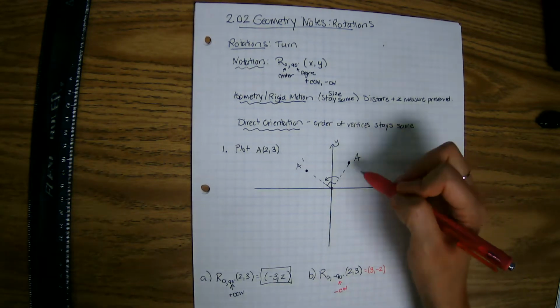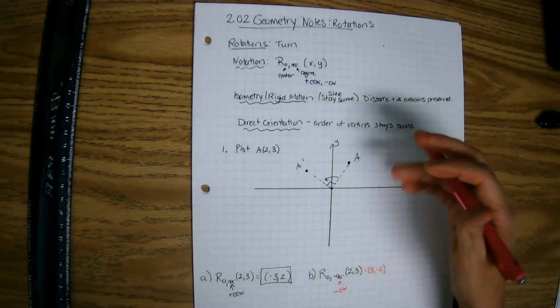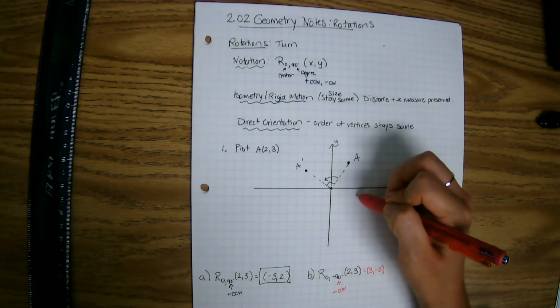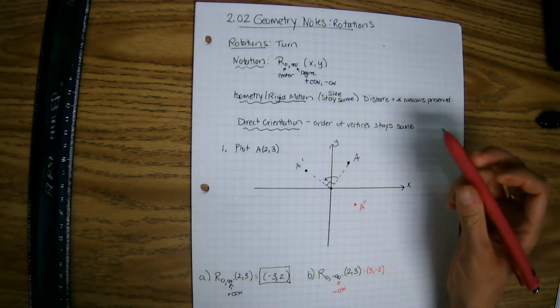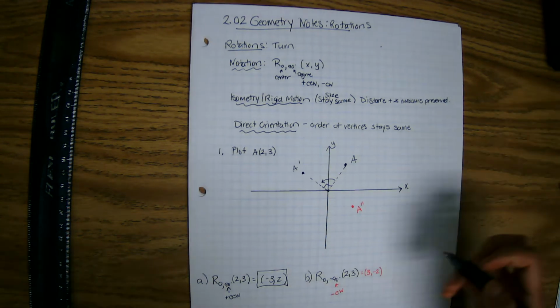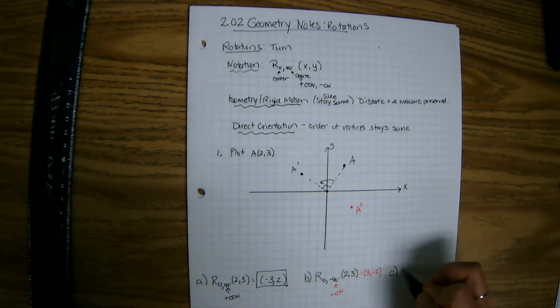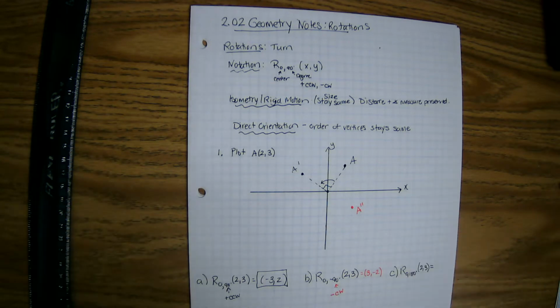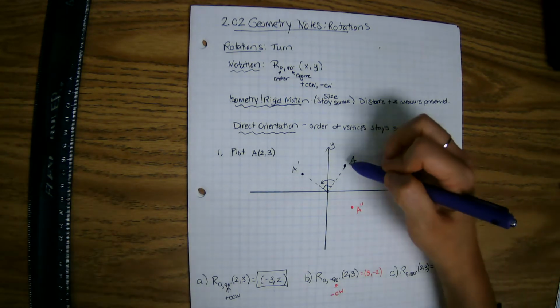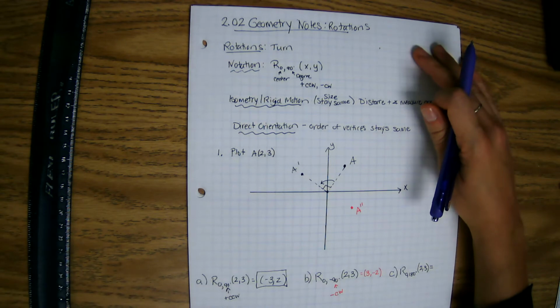So onto my graph, I'm going to go back to home position and go over 3, down 2. And that's going to give me a double prime. And my last one I want to do is I'm going to rotate about the origin 180 degrees, the point 2, 3 again. Okay, so this one, I'm taking my original point, and this time it doesn't matter with 180,